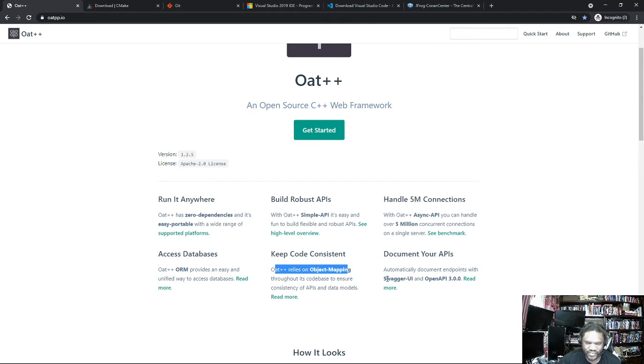And then they do have the document your API. This was a plus for me. The Swagger UI and the OpenAPI 3.0, you can implement Swagger, and that's what I really liked about this API as well. So if we go and look into some of the benchmarking,